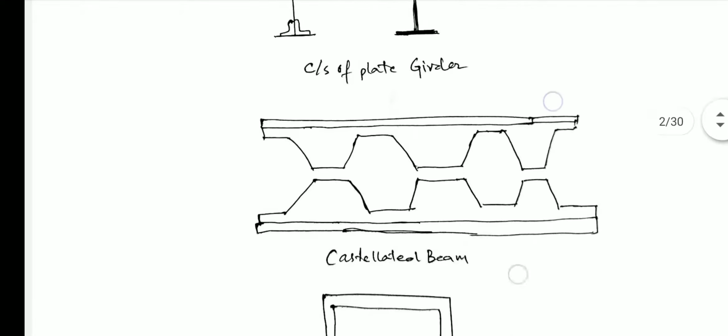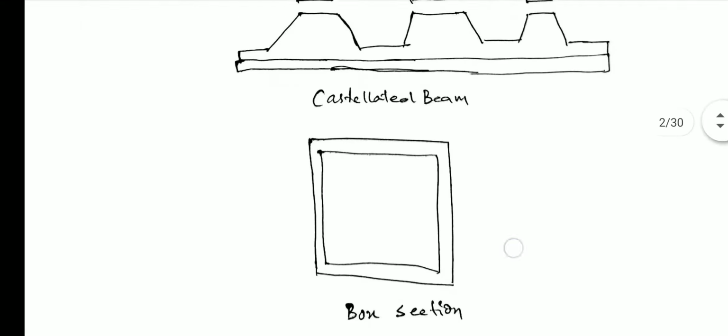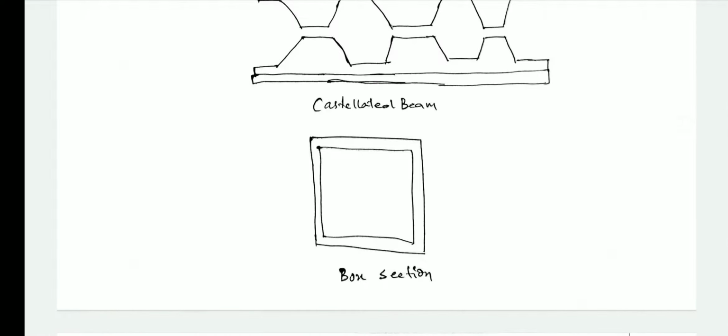And this section we already know many times. You can see it is used for bridges or metro bridges, or in some cases for railway bridges, or you can say for flyovers. Okay, so the last one is the box section. So these different types of cross sections are used in beams depending upon the cross section.